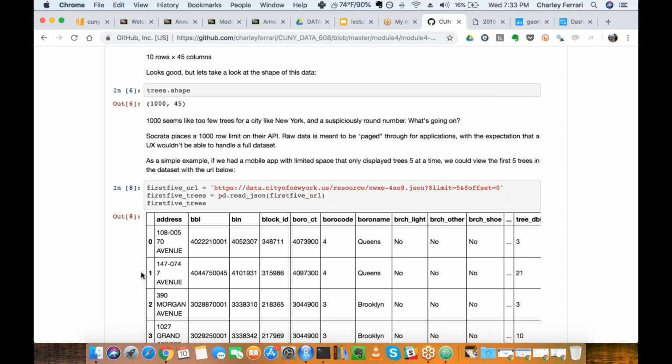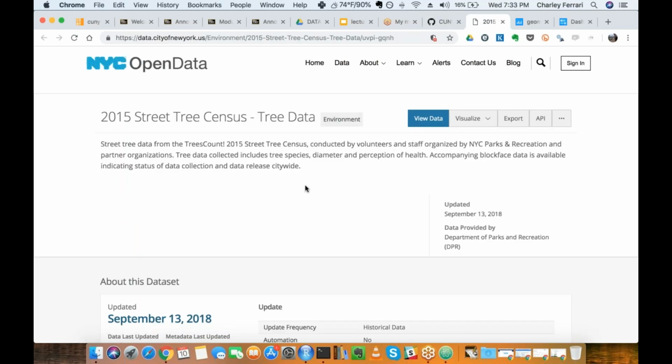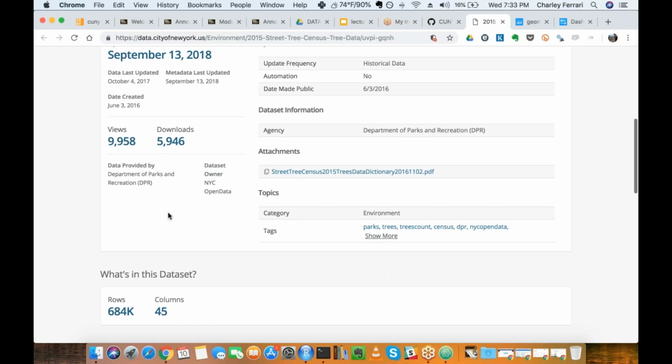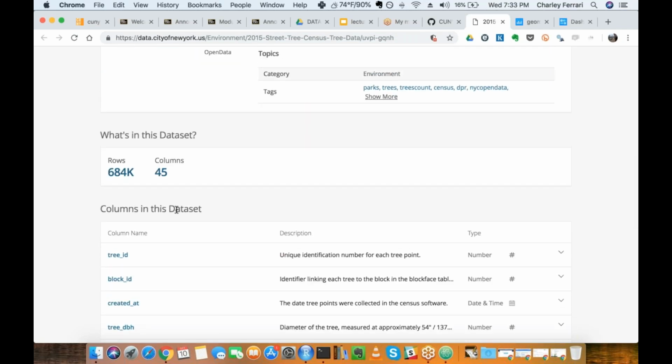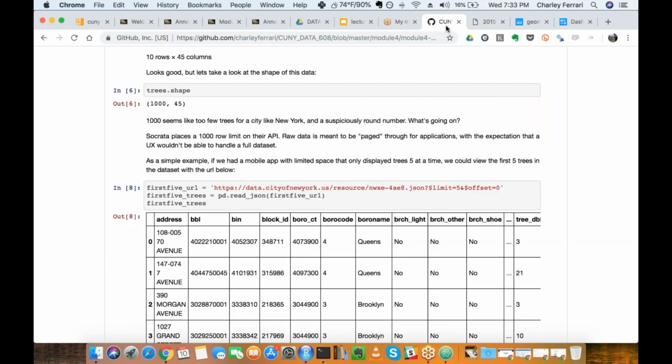One of the things that might be an issue is you don't want to load up all however many trees are in the data set, out of the 648,000 trees. It would almost definitely be a bad idea to display all of that on one page.